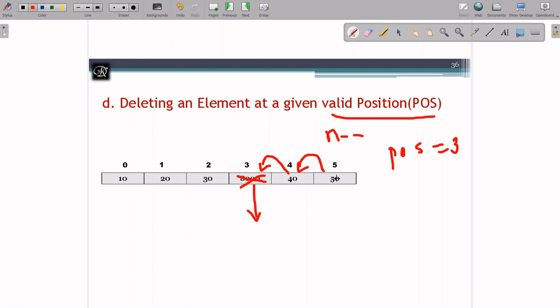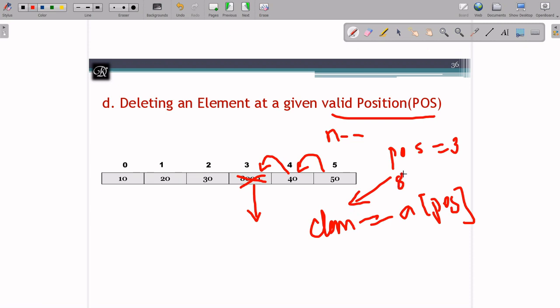It is exactly like insertion, but the only difference is we are performing shifting back to the left side along with the decrement, and we are performing deletion over here. Let's see how to do this. As we did in the previous case, first I have to delete this. Let me store this in an element. The element variable is now free, we are not using it, right? So a of position will be stored. It means I am going to preserve that 8000 just for display purpose. I am going to store that 8000 in element.